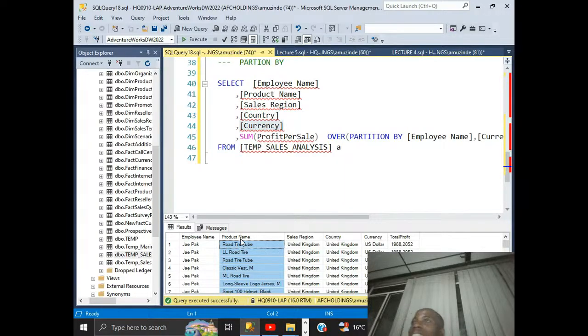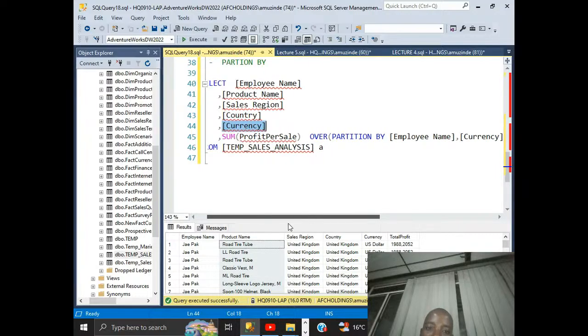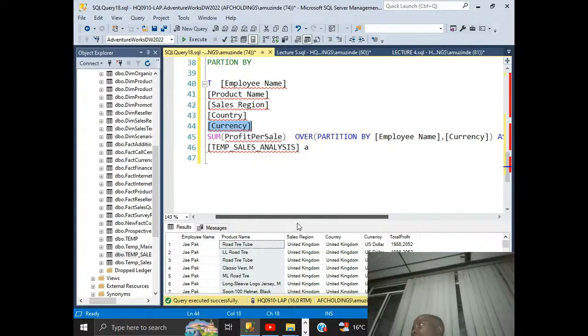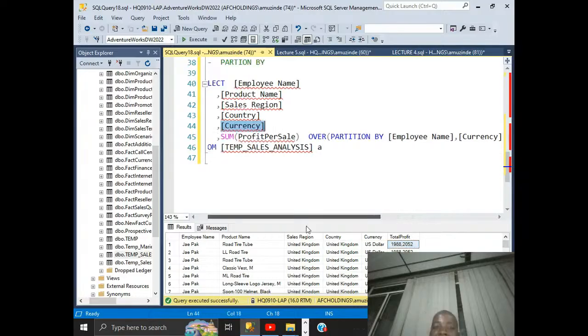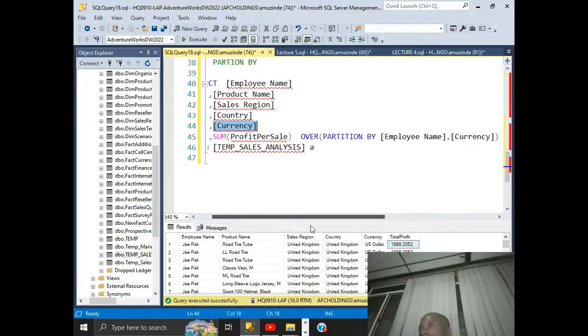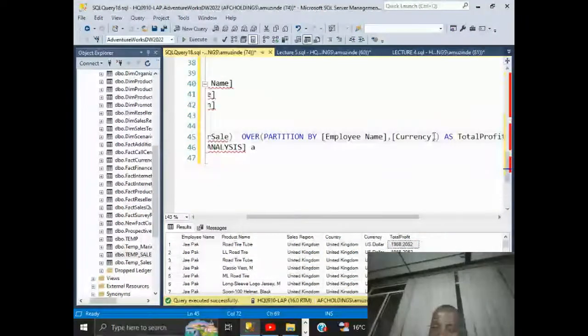It's repeating per product, but here we remove per product. So we removed the product name, sales region, and country, and grouped only on employee and currency. The results you are seeing are inclusive of the regions, the product and the country. If you want to zero down to region per currency,